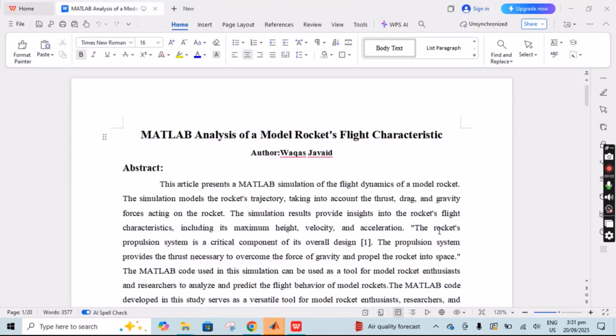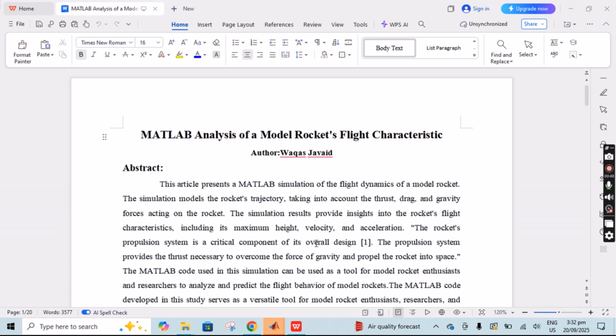Hi, this project is related to MATLAB analysis of a model of a rocket's flight characteristics. Basically, in this project, we do the MATLAB simulation of the flight dynamics of a rocket model. In the rocket model, we check the rocket's trajectory, taking into account the thrust, its drag, and gravity forces acting on the rocket. In the rocket's flight, we conclude its maximum height, velocity, and acceleration, and the rocket's